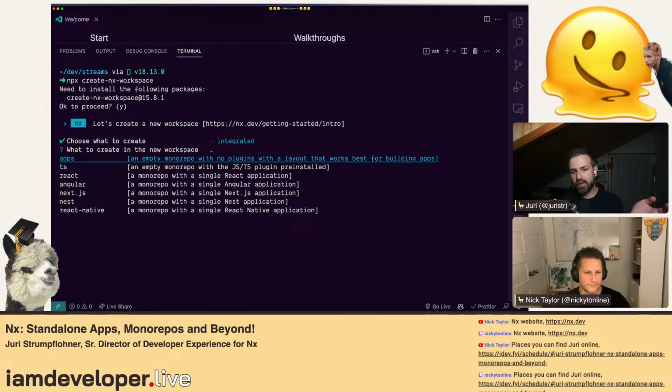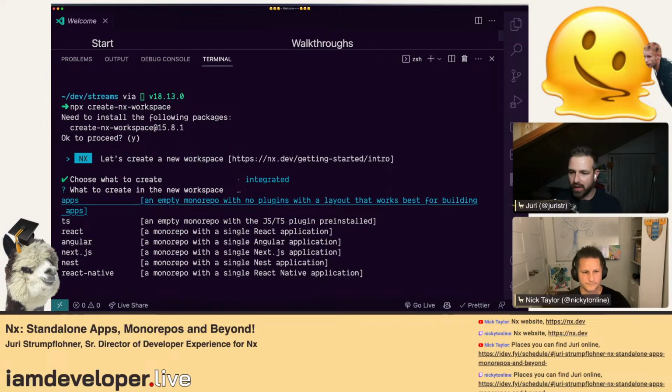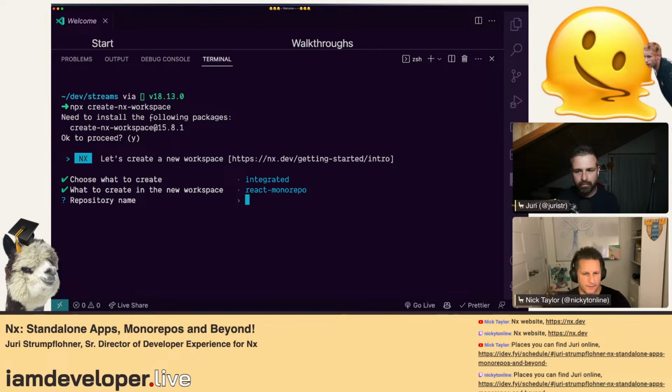Then the next step here is to understand what type of setup you want, because sometimes people already know, hey, I'm in React land, so I want to have a predefined React setup. You can start with an empty one, or Angular, or Next.js and so on. I leave it up to you. We can probably choose React, or we can also start empty and then manually add plugins as we want them. Okay, I guess we can do React. Why not? Sure.